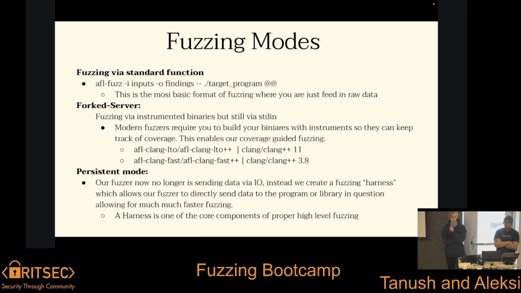And then finally, we have persistent mode, which is arguably the best. It basically stops treating the program like a command line tool, so there's no more I/O. Instead, a harness feeds data directly into a specific function or part of the binary that you want, without stopping the process, at least until a certain number of iterations have happened. So you have no more forking or restarting, and speeds can reach tens of thousands of execs per second. That's a bit wrong: you still fork, but not as often, or barely.